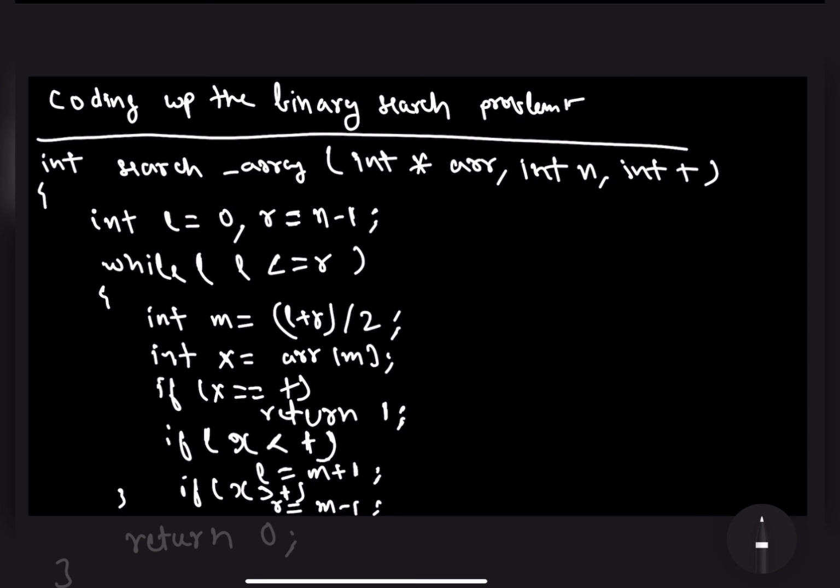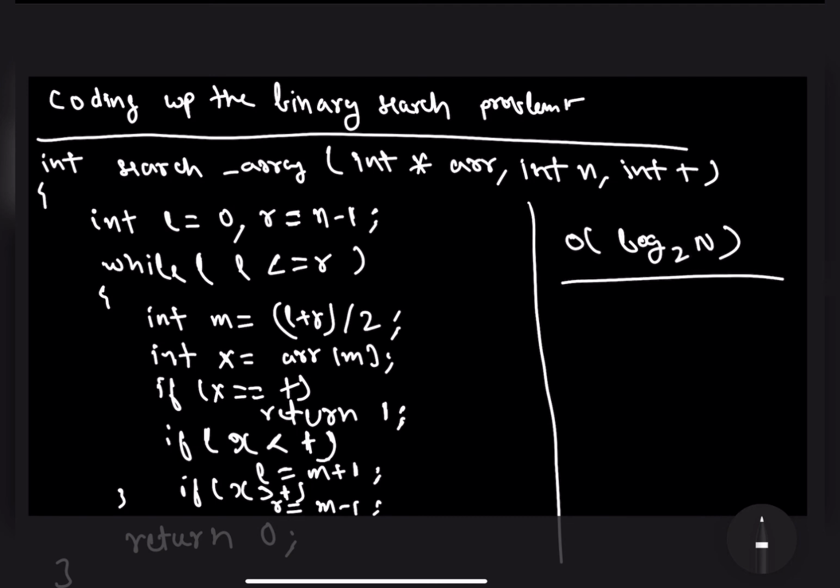So this is how I code up a simple binary search problem. I hope this was crystal clear, the code and everything, and I hope you understood how this code works in O(log n) time. Binary search is a very effective technique, and it can be used in many places. This is one of the most trivial examples, but with time, when you start solving more difficult problems, you will understand the true power of binary search.